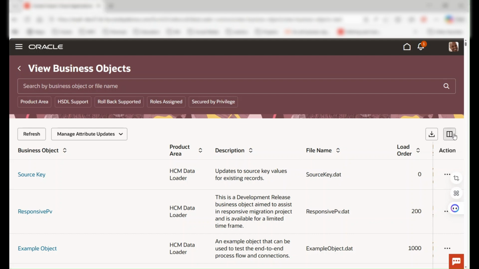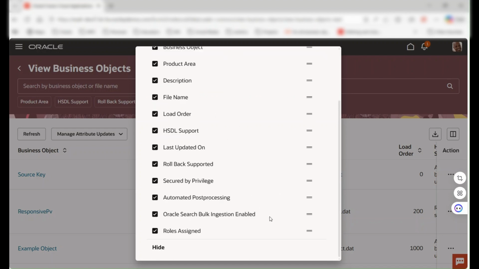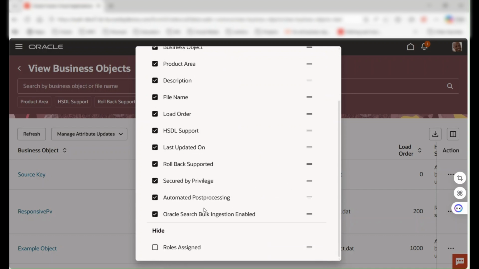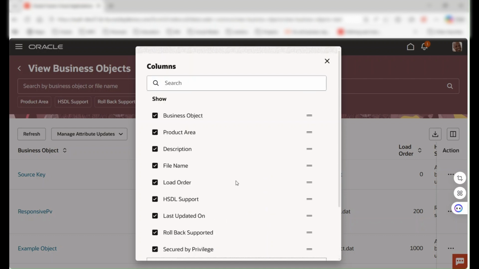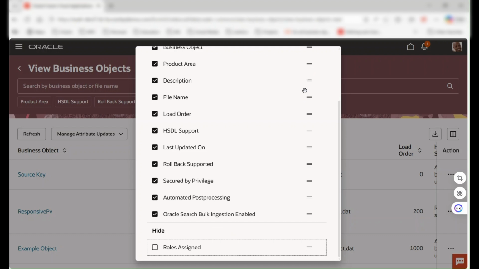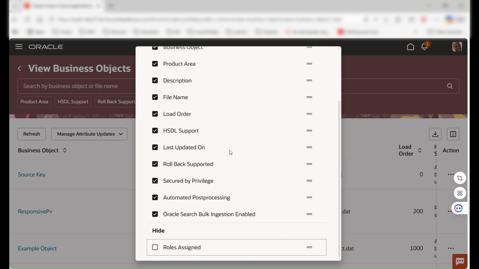And if you click on this columns option, you are able to see multiple columns. You can select your desired column and you can change the column order. If you don't want to see a column, you can simply drag and drop or uncheck it, and you can hide the columns like that. If you want to enable it, you just have to check the column. There are so many columns available for you, like business object, product area, description, file name, HSDL